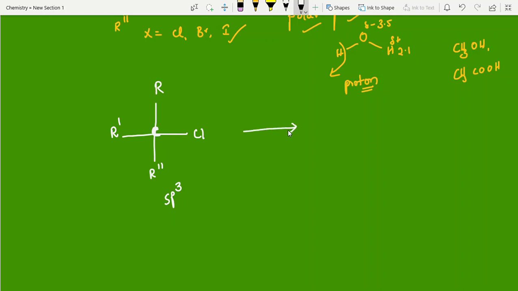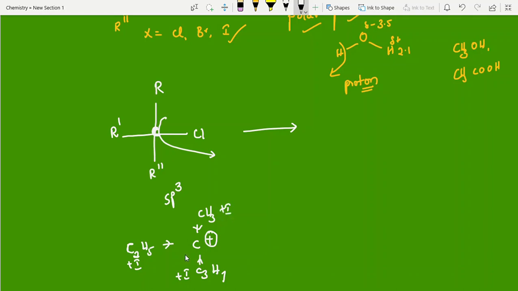Before attacking nucleophile, students, what happened? It loses chlorine. Why? Because after losing chlorine, see what is the rest part here? Imagine one example: C2H5, and this is CH3, and this is C3H7. If you imagine one example, you can easily understand. These are all electron releasing groups, plus I groups. Plus I groups means electron releasing groups. They are ready to give electrons.